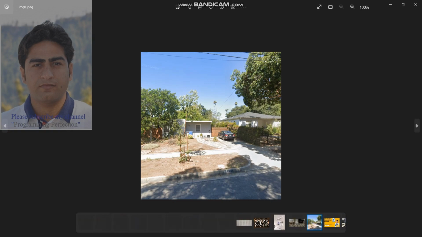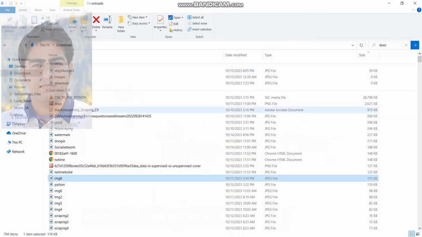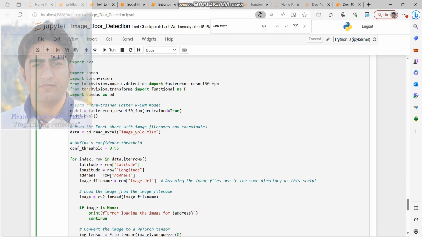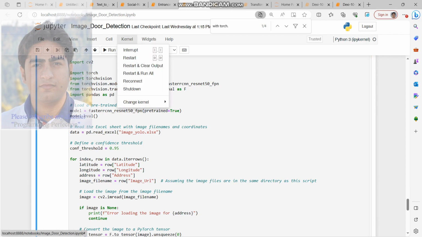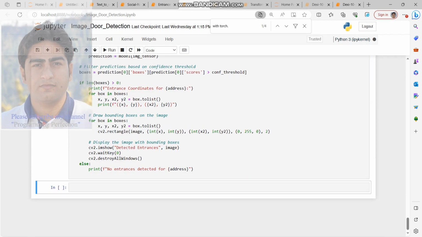Convert the image to a PyTorch tensor. img_tensor equals F.to_tensor, image.unsqueeze, 0. You convert the loaded image, in NumPy format, to a PyTorch tensor using the F.to_tensor function from the functional module. With torch.no_grad, prediction equals model,